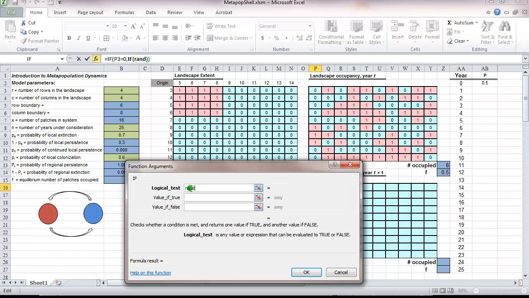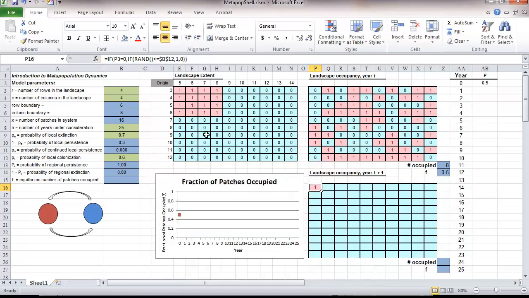So we're going to now ask, is a random number less than or equal to the probability of local colonization? We'll anchor that reference, and if it is, then we'll say that the patch becomes occupied, it's colonized, and now returns the number 1. Otherwise, it stays vacant and we have the spreadsheet return a 0. We press OK, and now we have to head back up to our first if